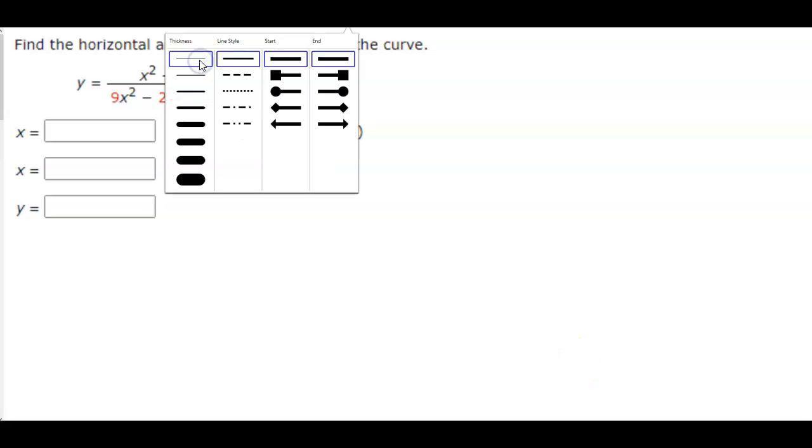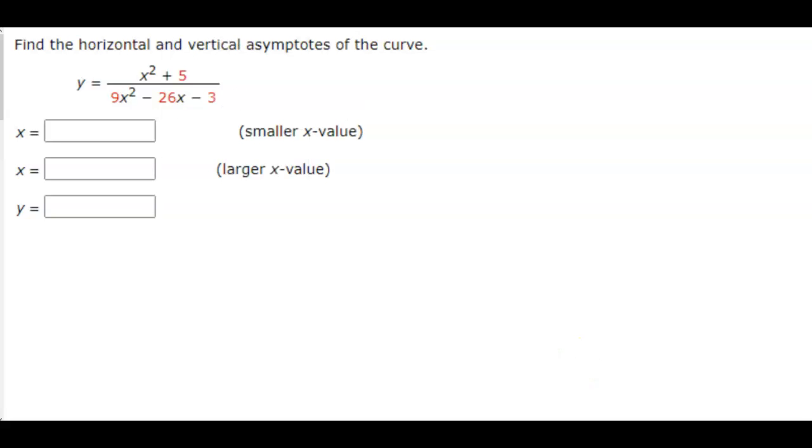Okay, here we want to be able to find the horizontal and vertical asymptotes of the curve y is equal to x squared plus 5 over 9x squared minus 26x minus 3. So when we want to find the vertical asymptotes, in order to do that, we have to set our denominator equal to 0. So we have 9x squared minus 26x minus 3, and we're going to set that equal to